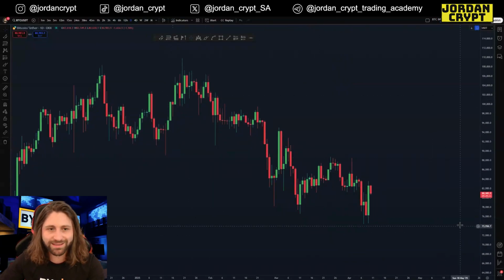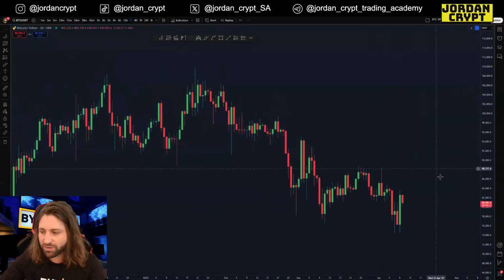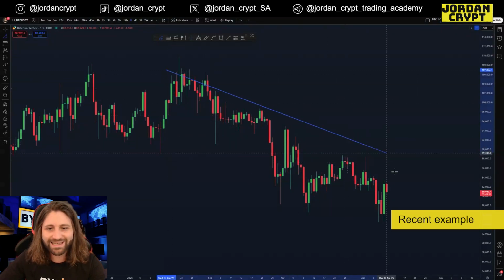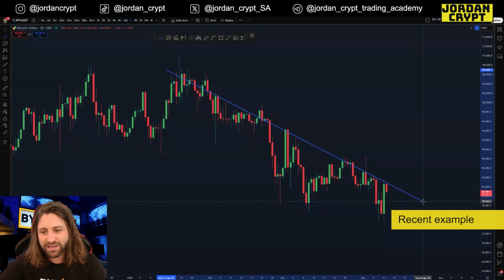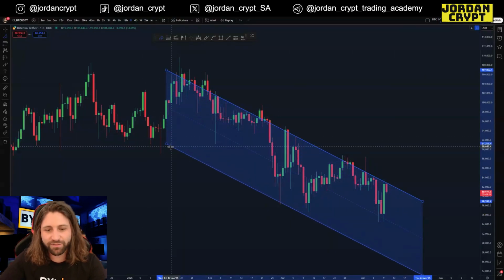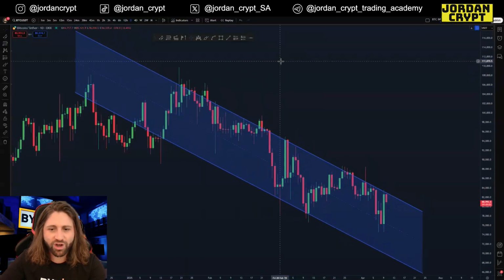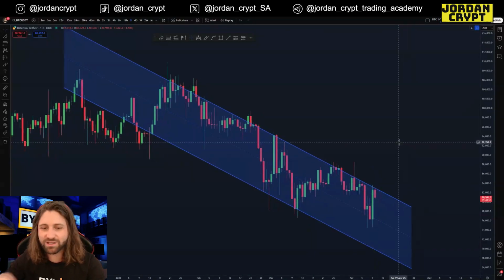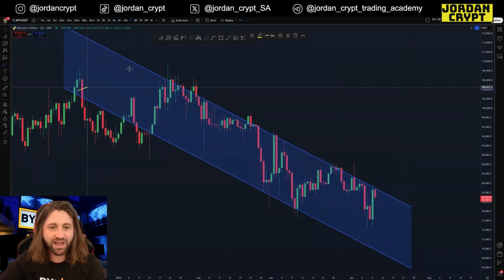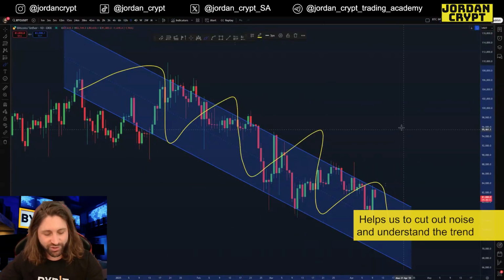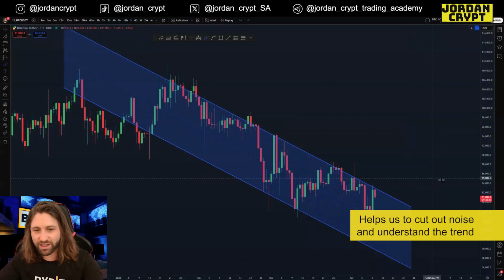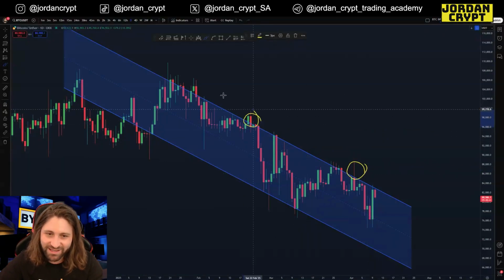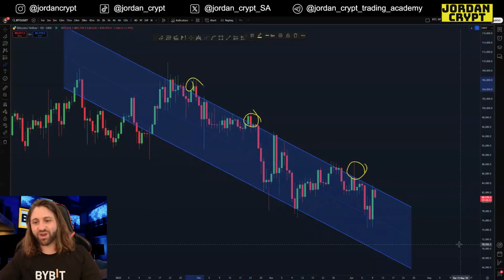This is our current downtrend on the daily time frame on Bitcoin, and we can see that parallel channel is indeed exactly where it is at right now for profitability. We, of course, are in a highly volatile market at the moment. One of the reasons to use parallel channels is because they help you to cut out the noise and to understand the trend very clearly. We can see here why breakout trading is not a vibe, as many traders were getting